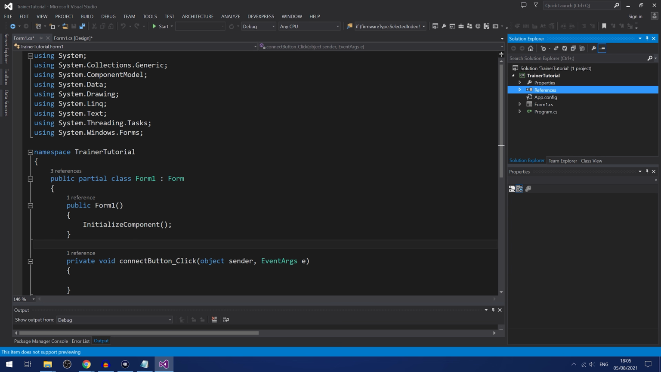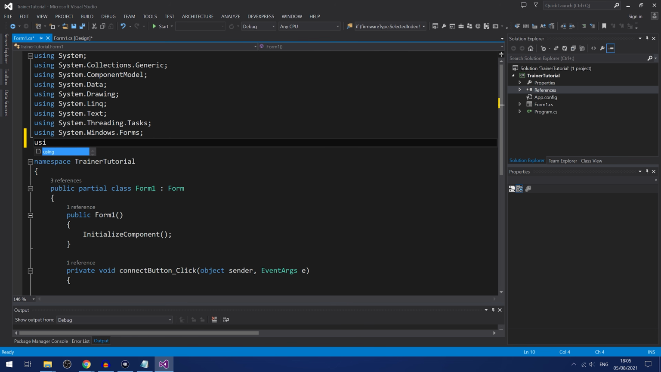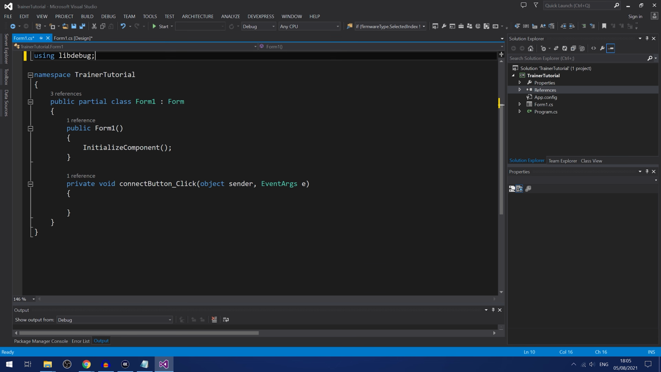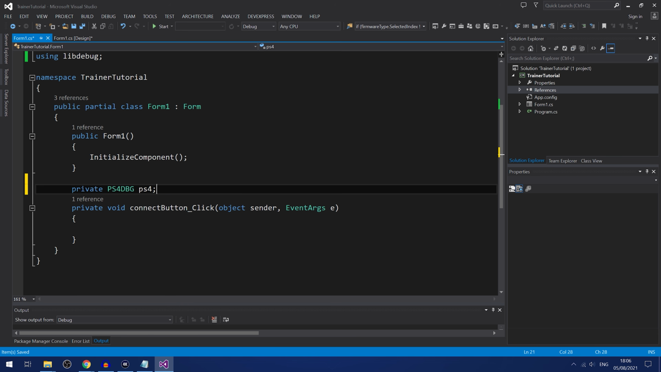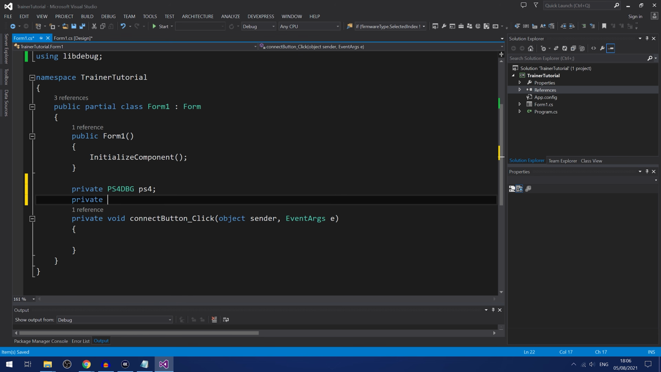So once it's added, we can then add it to the code by saying that we're using libdebug up at the top, and now we should be able to access all of the features that libdebug has, or PS4 Debug has. So first thing we're going to do is create a new global variable called PS4 Debug, and I'm just going to call it PS4, and then we're going to create an integer which is going to be PID for